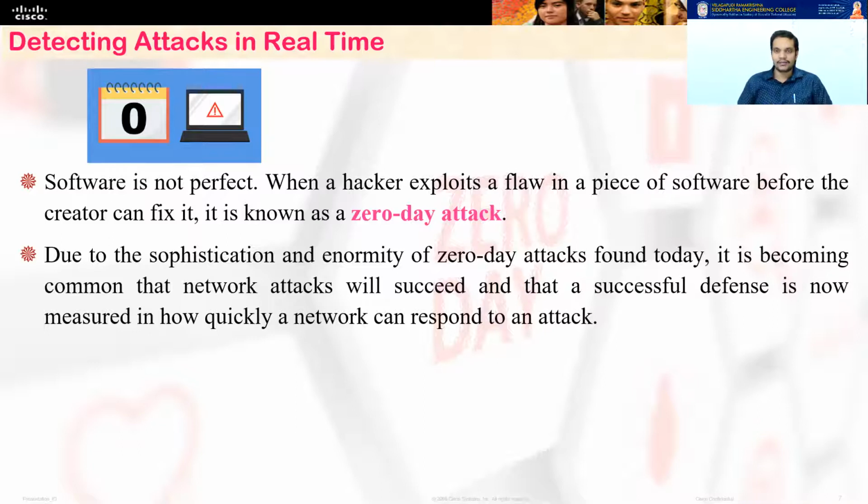And you cannot guess whether it's going to happen or not, because it is completely up to the attacker to find that particular flaw, or that particular vulnerability, and then design an exploit to perform an attack. Because of the sophistication and enormity of zero-day attacks found today, network defense has become a very complex issue. So rather than trying to see that these attacks do not take place in the first place, the defense is now measured in terms of how good you are, or how quickly a network can respond to